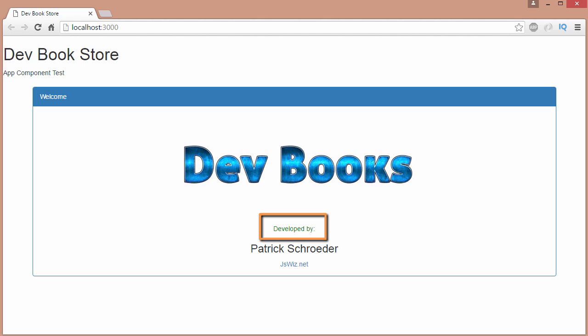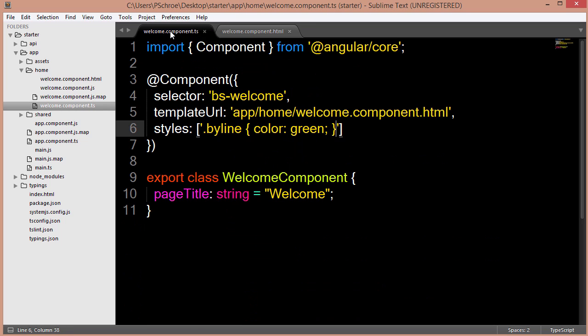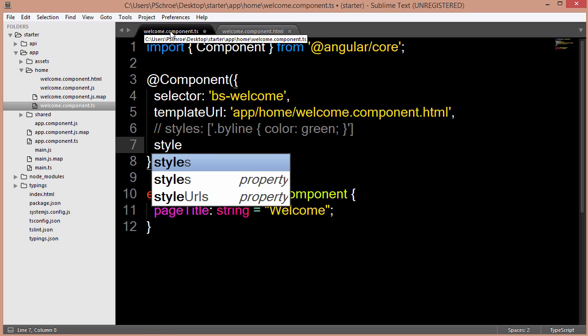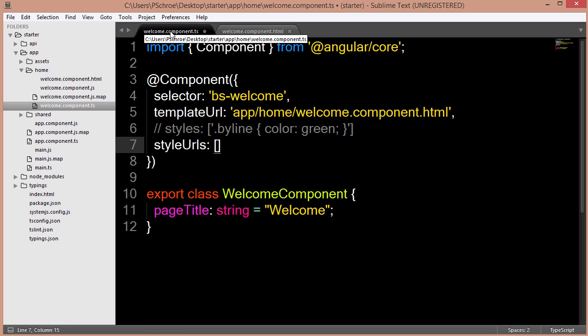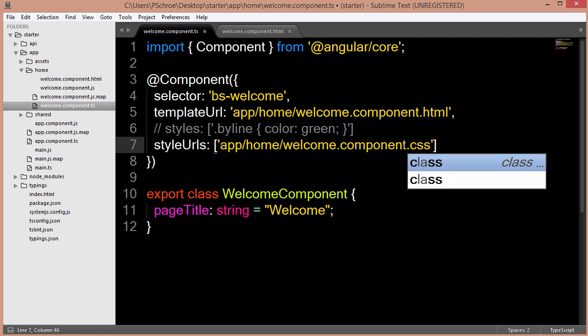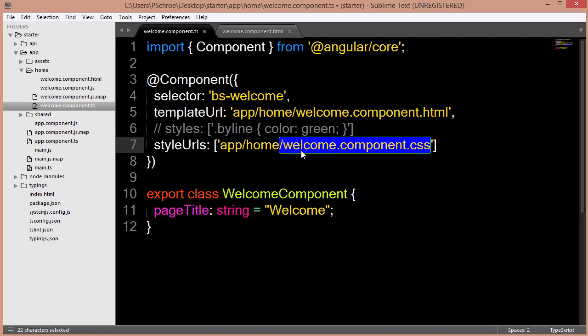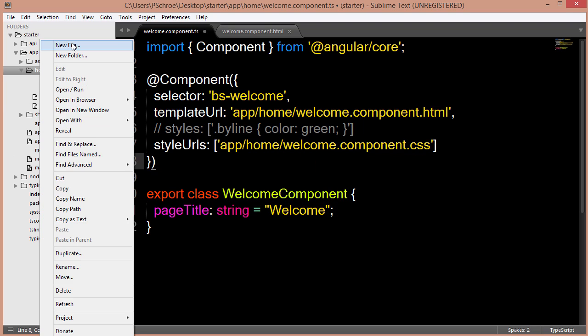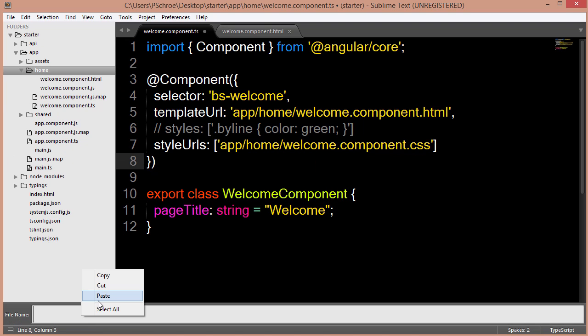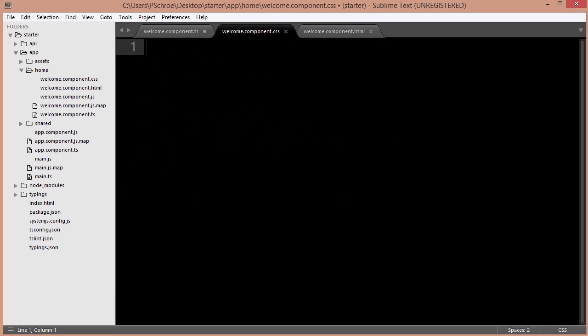So you'll probably actually never see styles defined in this manner, either in a real app or even in demo apps. The much more common way of declaring styles is in its own CSS file. So to do that, we'll change styles to styleUrls, and then we can put in our style sheet references inside of an array, since we can list more than one if we'd like, and then define the location of a style sheet that we'll create, and we'll just add the extension CSS. Then we'll go ahead and add in our style definition,